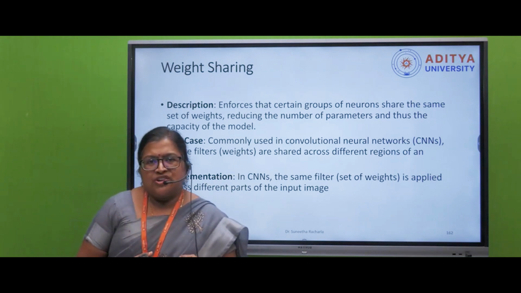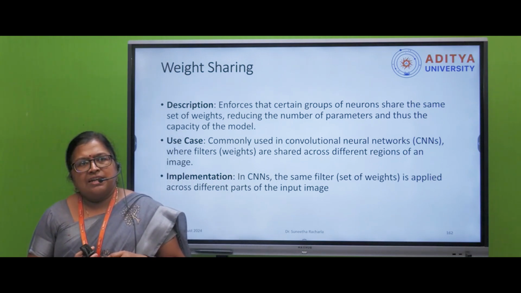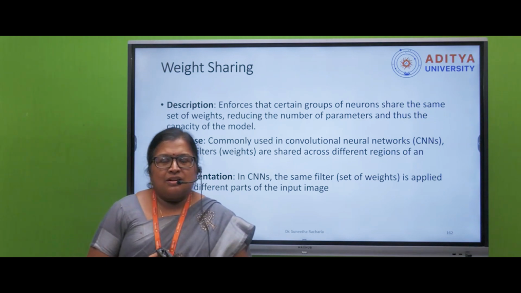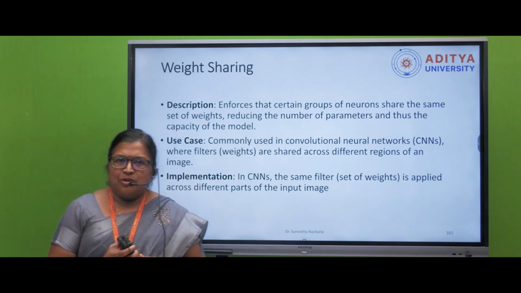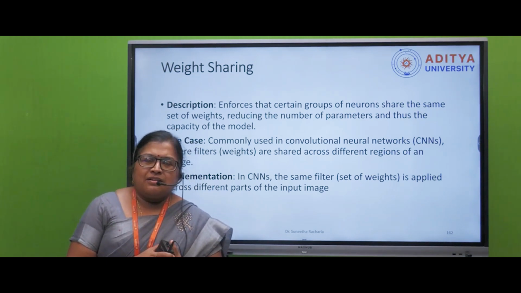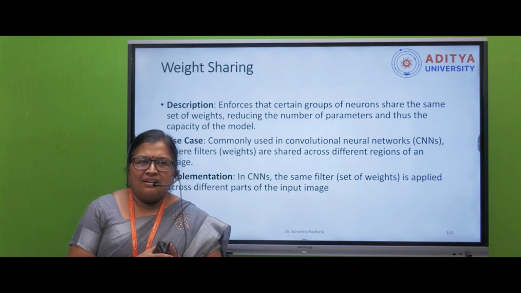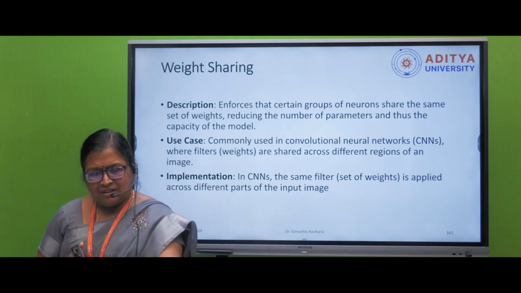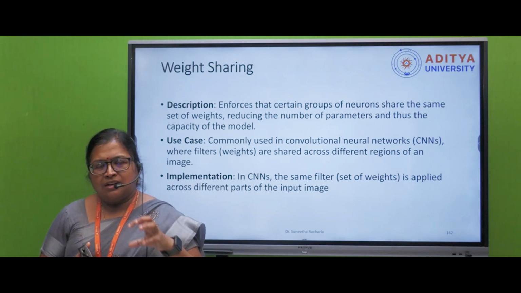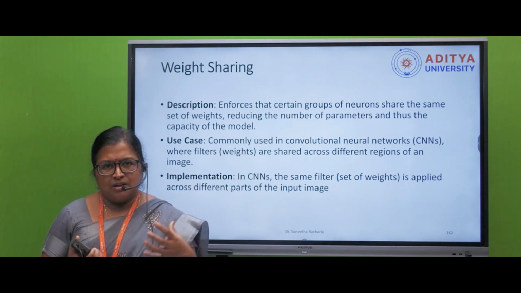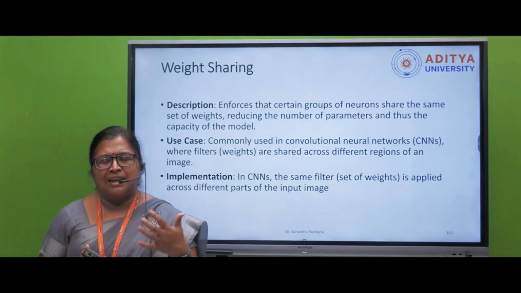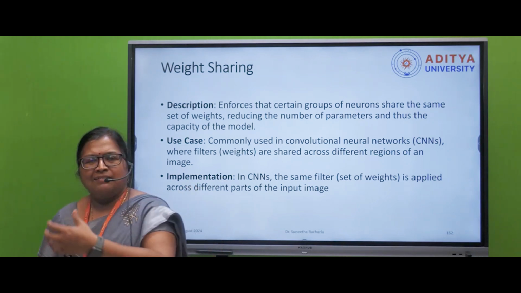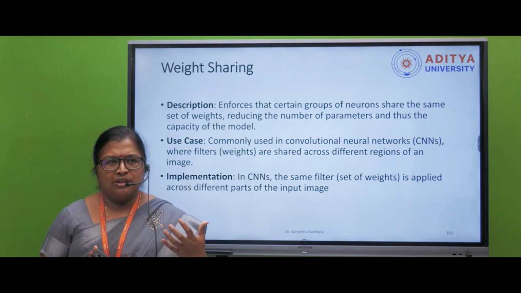And the next thing is weight sharing. So weight sharing is nothing but, suppose I take the same basketball team. Normally a player will have a unique number as a jersey to identify that particular person. He'll have a unique jersey, some unique dress, a unique number. But just assume each and every player has the same jersey number. So what do you think?